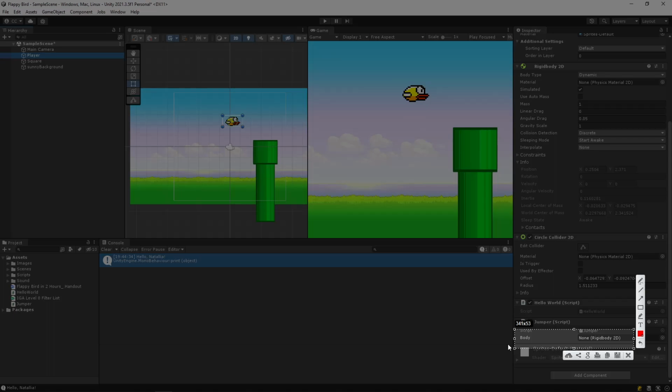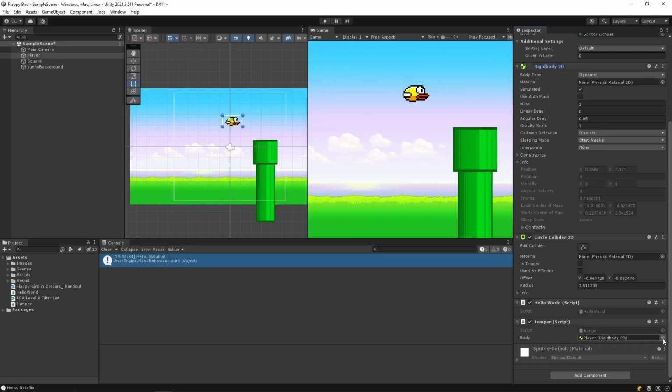So there are two ways to drag in this Rigidbody, three ways I guess. We can either just hold down left click on the Rigidbody name and drag that straight into this rectangle, or we can click on this tiny little circle. This is the same thing that we did for the sprite, and that will open up all of the Rigidbodies in our scene. We need to double click on the player Rigidbody. Another thing that you could do if you really wanted to is drag and drop the player from the hierarchy into that slot. It will intelligently grab the Rigidbody out of that.